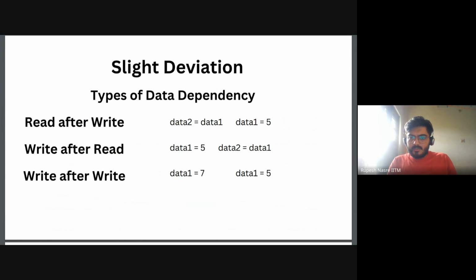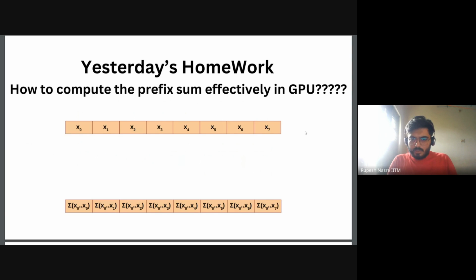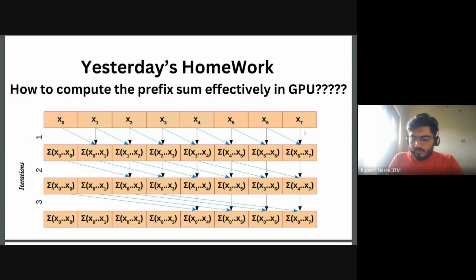It's the same thing that we have discussed here, right? It's just a big formula. The data wants to update its x5 and it also wants to read it. So then there is a data dependency issue which can occur, right? So this is the problem. So what we need to do,